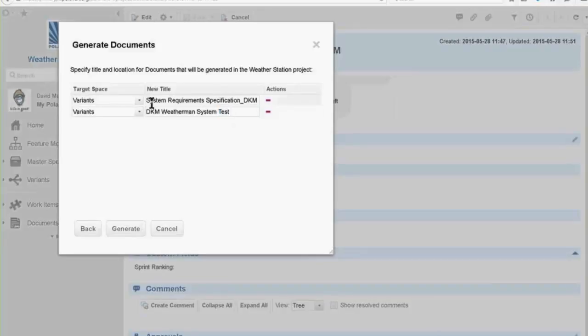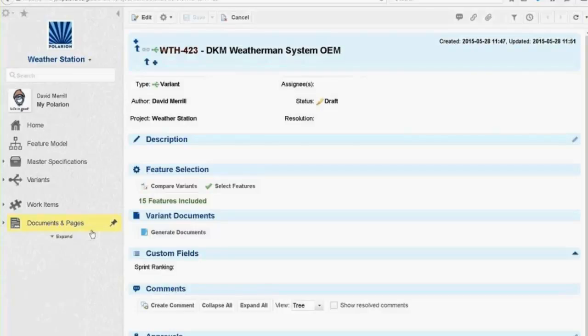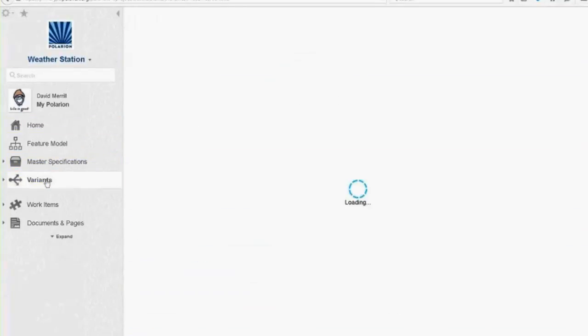And we'll keep the other one as the system requirements, and I'll go ahead and generate those. Now, this generation is going to happen in the background. Sometimes it takes just a couple of seconds. Depending on the size and the amount of documents, it might take a little bit more. But what that will do is give us a little bit more time to explore the rest of this variants